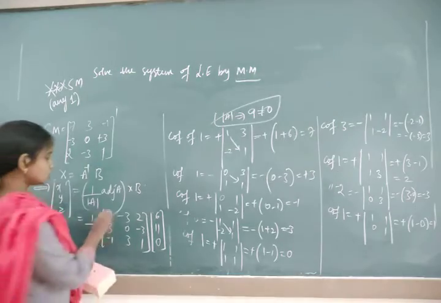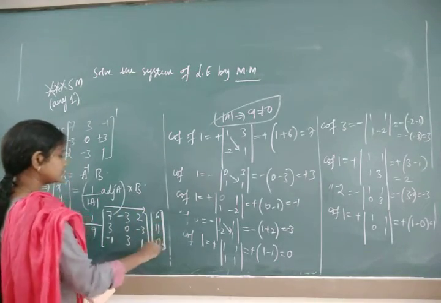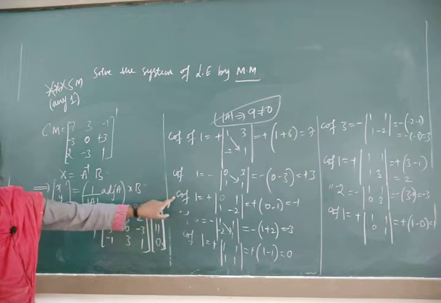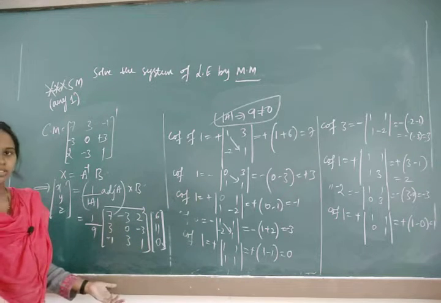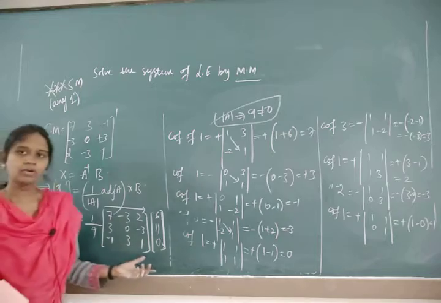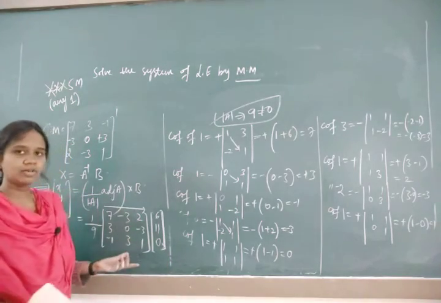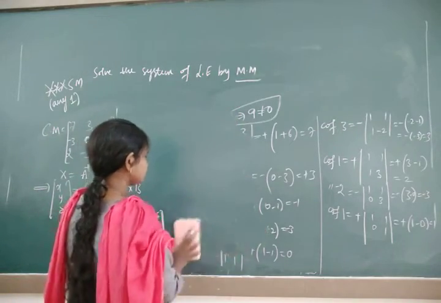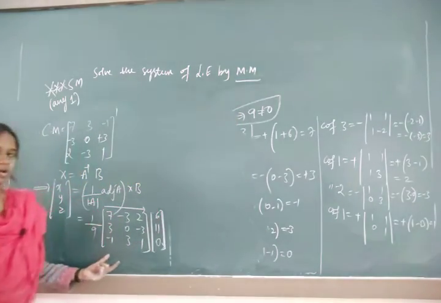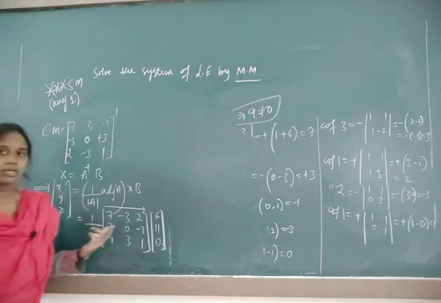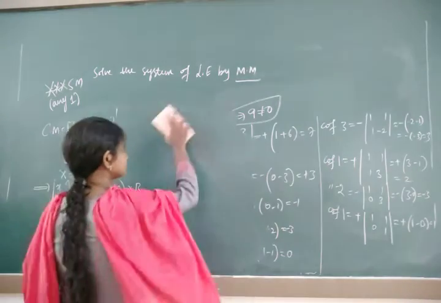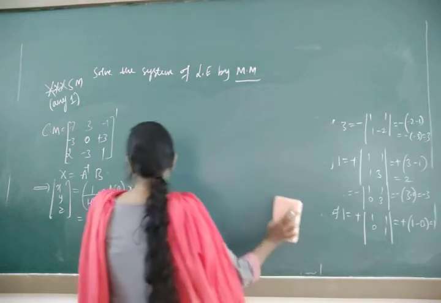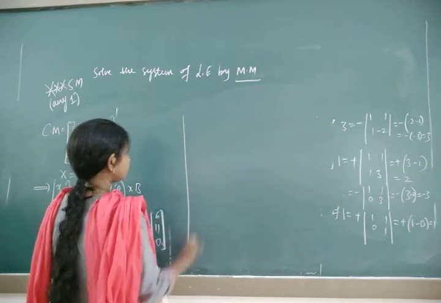Now what you will do? You just multiply row with the column. So the cofactors are the only thing we have to find out first of all. Afterwards the remaining is easy. When you are writing adjoint, you have to multiply it with B and divide throughout by the determinant value. Up to here we are already familiar from the last session, that is inverse of a matrix. So it's a 1 by 9.